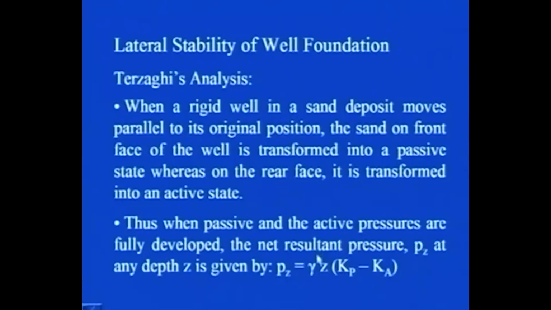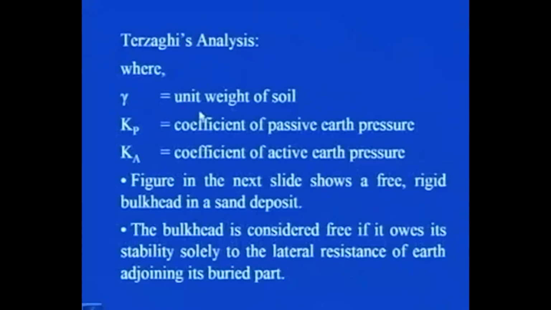This is when both the pressures, active and passive, are fully developed, and you know that the well has to displace sufficiently for the development of this active and passive pressure fully,